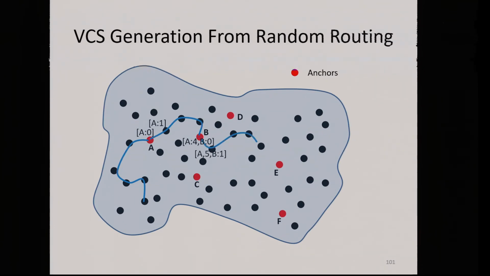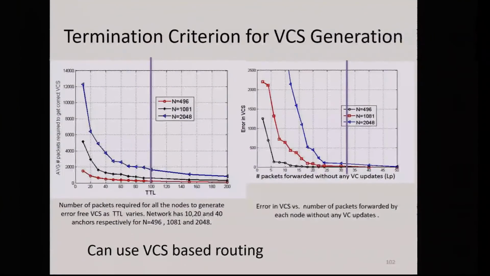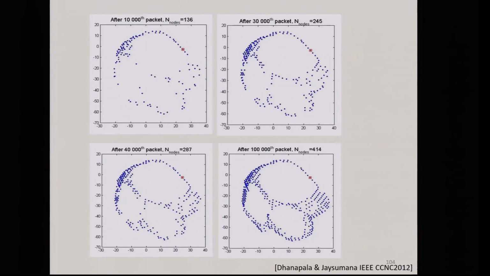So you can see after these messages have gone around, you have a rough idea of the distance, but these are not correct, right? But over time it will only converge toward the correct value, because if you get a higher distance, you don't use that. If you get a lower distance saying, hey, I'm at a distance 3 from A, well, there's a shorter path than the one that I know about, so your coordinates actually converge, right? So initially, somebody drops this, you use streamer routing or whatever. In the process, you develop this coordinate system, and once the coordinate system converges, you calculate the topology coordinates, and you start collecting the coordinates of the other nodes, and you can create a map, right?